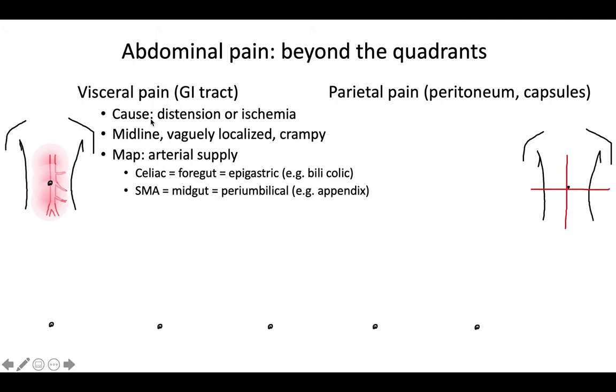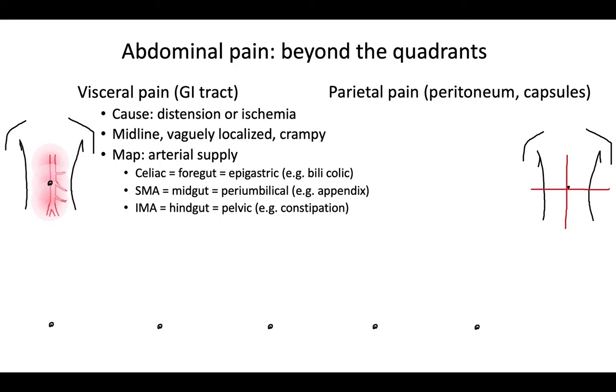The superior mesenteric artery supplies the midgut from half the duodenum all the way to the transverse colon, and it is experienced as periumbilical pain, for example, from a distended appendix. Finally, the inferior mesenteric artery supplies the hindgut, and pain of the second half of the colon is experienced as pelvic pain, as in the example of colonic